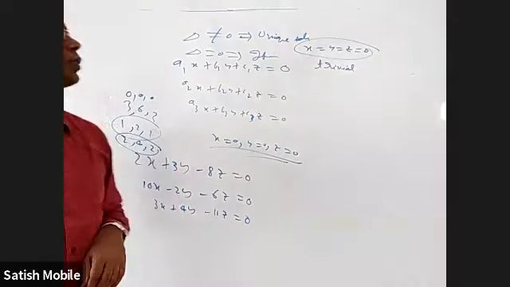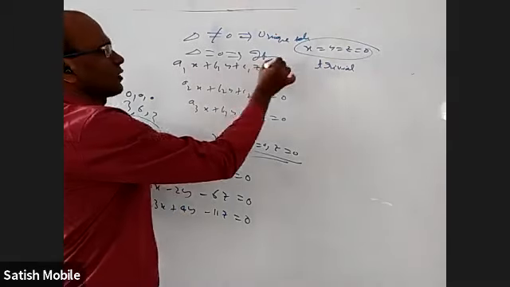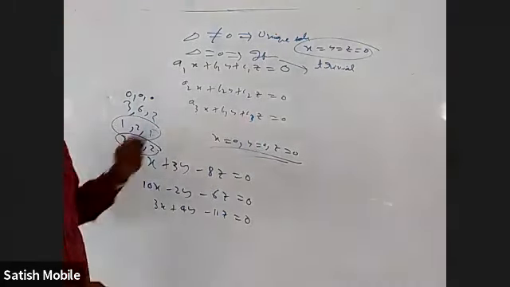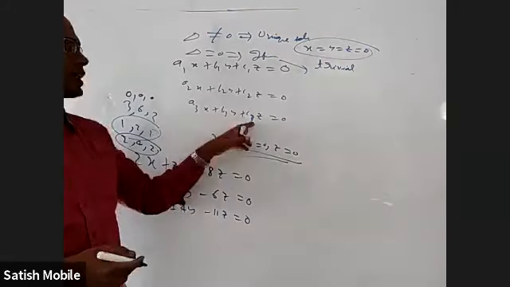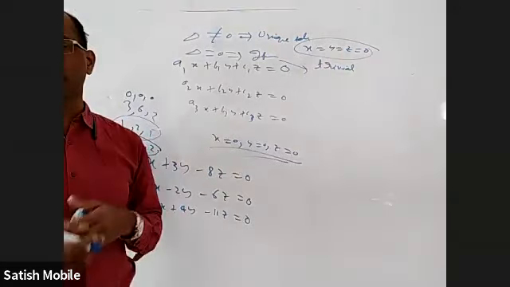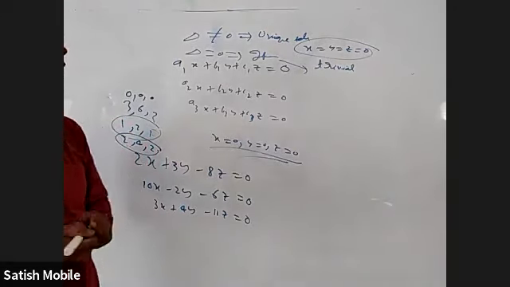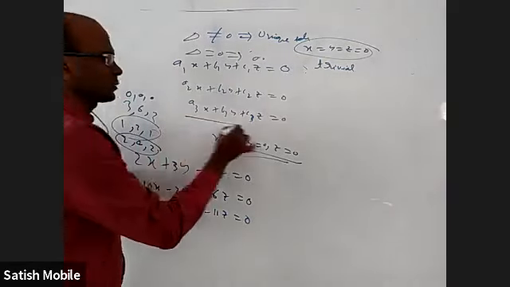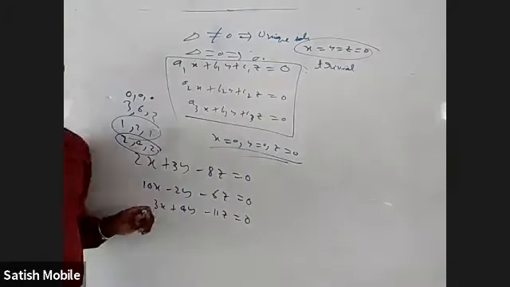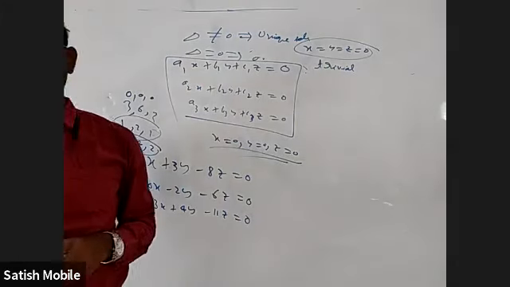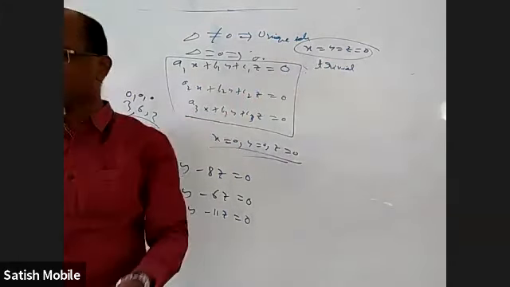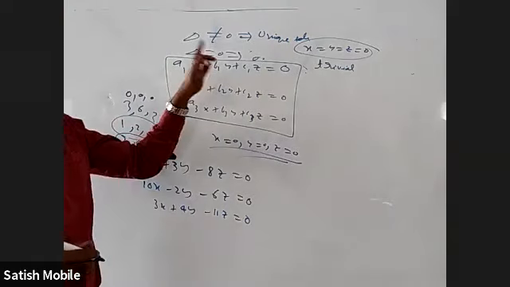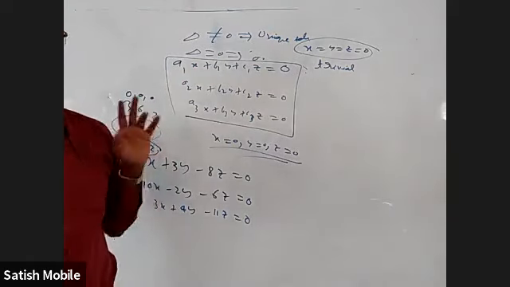Okay. And what are those infinite solutions? You will find them by the same process. We'll assume z is k, and try to find y in terms of k and x also in terms of k. Okay. But only two cases. You will find many questions where they'll ask that the system should have a non-trivial solution. Other than 0, 0, 0, they want some other solution. Simply take delta equal to 0. Just remember only 2 points.